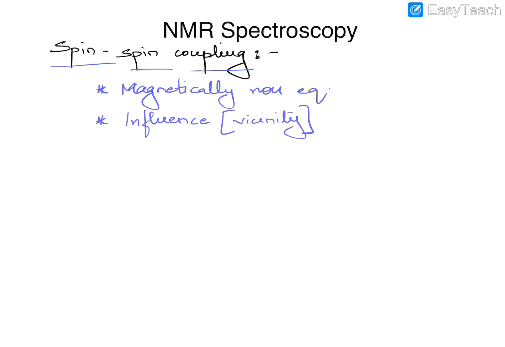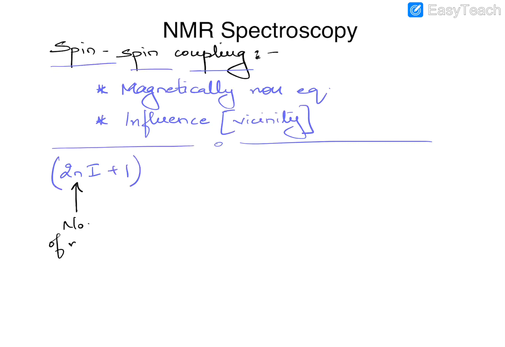Whenever these two criteria are met, the nuclei are said to couple with one another so as to bring about characteristic splitting patterns. And we discussed that the splitting in the signal would be 2nI plus 1. That's the formula that is going to be followed, where n is the number of